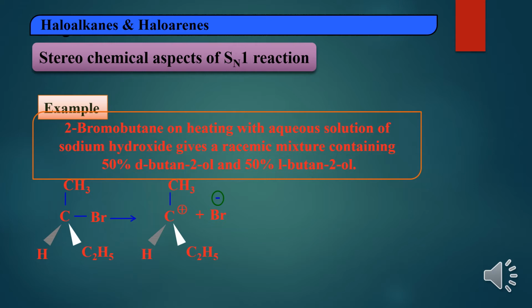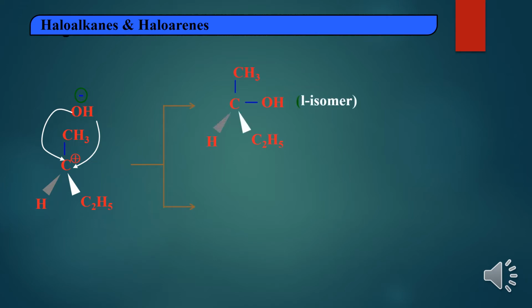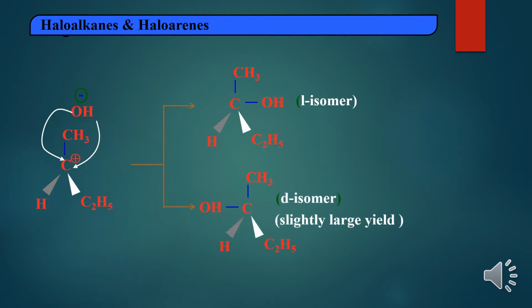The slow step, the rate determining step, the formation of carbocation, takes place in step 1. In the second step, the carbocation is attacked by the nucleophile. Now there is a place on the same side also, and the opposite side also. The nucleophile can attack from the same side as well as from the back side. So you will get both products. If the nucleophile attacks the same side, then it is a retention of configuration. It is the L isomer. If it attacks the opposite side, then it is called the D isomer.